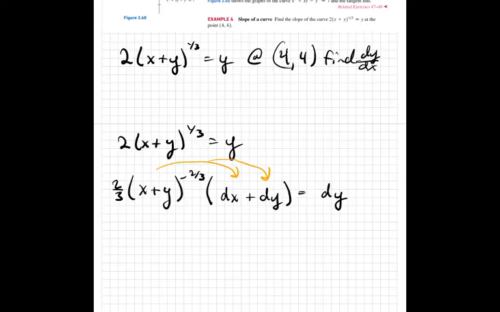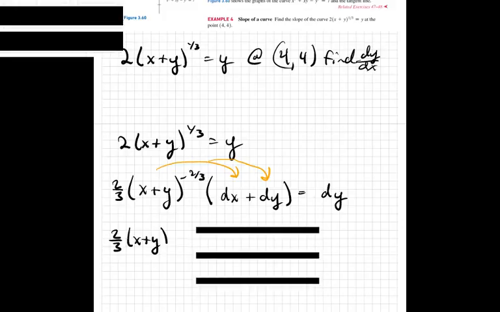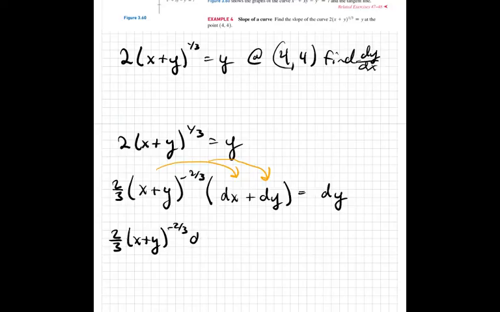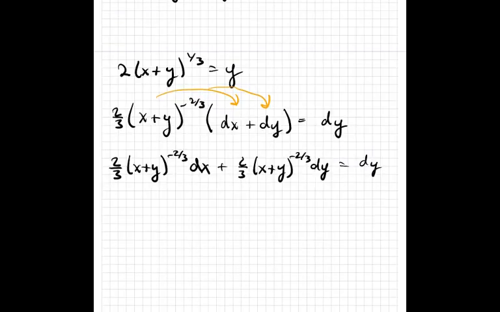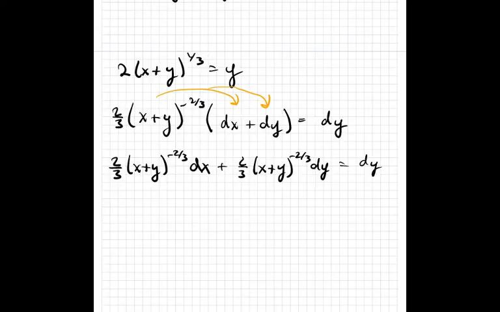So then we're going to have 2/3 x plus y to the negative 2/3 dx plus 2/3 x plus y to the negative 2/3 dy equals dy. So I want to get my dy's on the left and my dx's on the right. So we're going to have this 2/3 x plus y to the negative 2/3 dy minus dy equals,